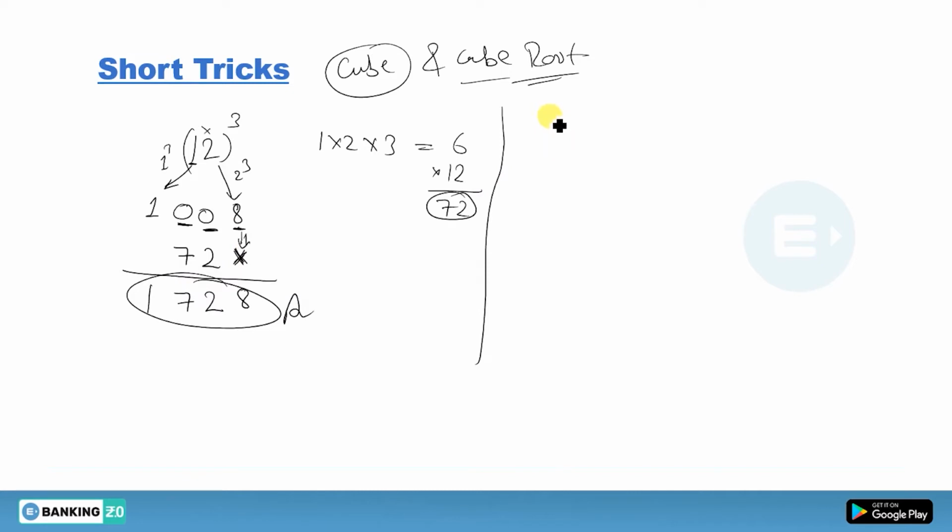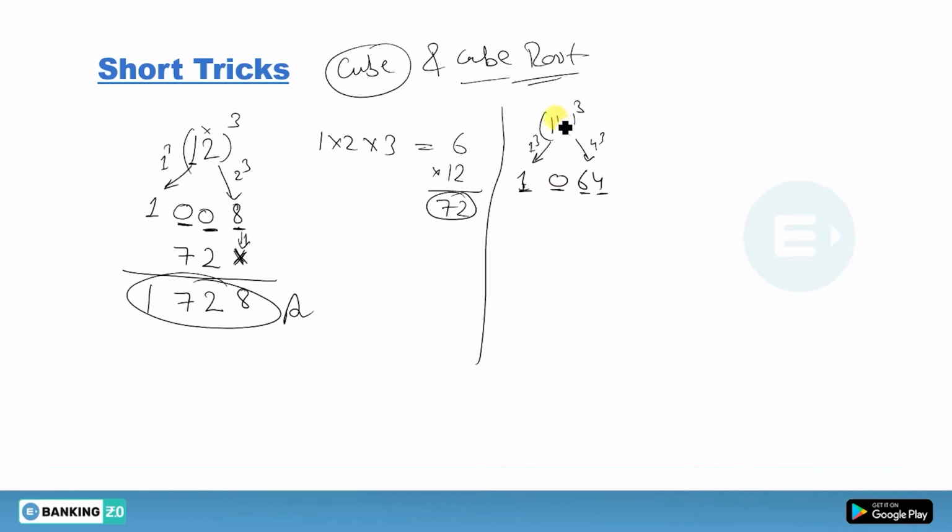Let me do one more example. See here, what I am trying to say. Do the cube of 1, you will get this one. Do the cube of 4, you get 64, but make it 064. Take a 0 here to make 3 digits. So we got 3 digits on the right hand side, and this one is 1 cube. So 4 cube is 064.